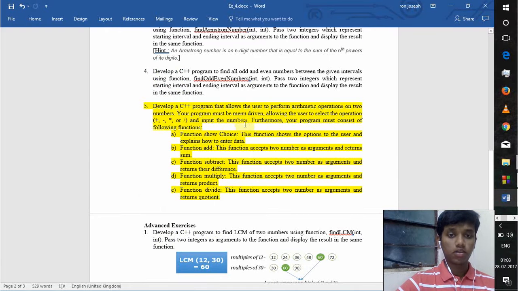Today I'm going to explain a program that allows the user to perform some arithmetic operations on two numbers. The arithmetic operations are addition, subtraction, multiplication and division. Then we have to develop this program by defining functions